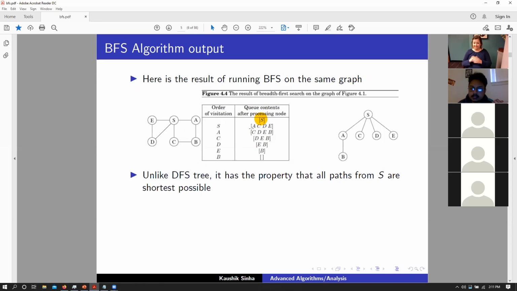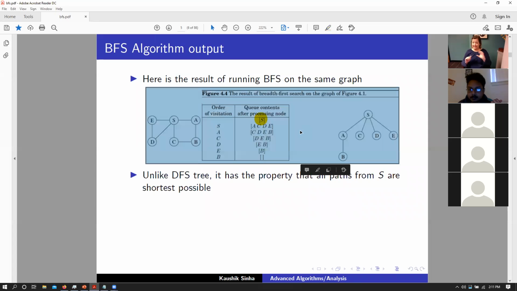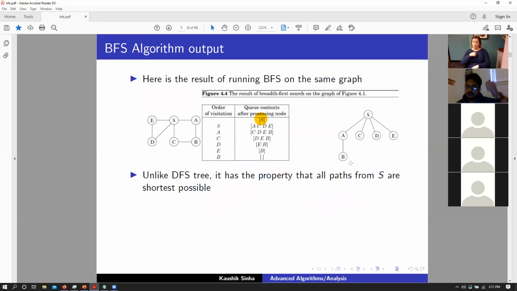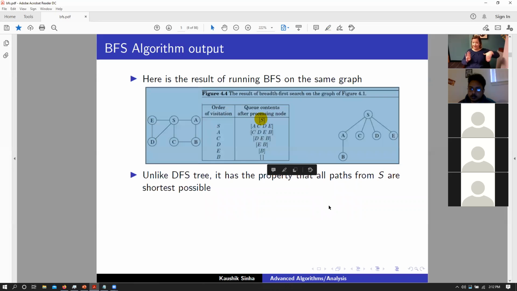All of the edges that are connected to S are going to connect to A, C, D, E vertices, right? So we insert all of those vertices inside the queue, and then as we do with Q, we pick the first one next in line. So we pick A next, and once we pick A, we are now going to evaluate all of those vertices from A. We know that we already have connections to S and B from A. S is already done, but the next thing in line is B. So we insert B into the queue. Since it's a queue, it goes at the very end of that queue.